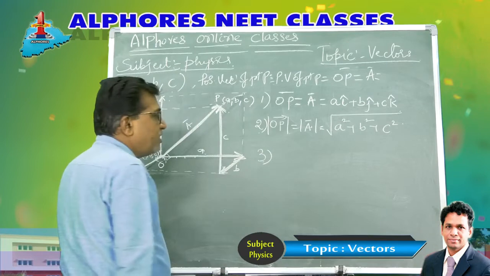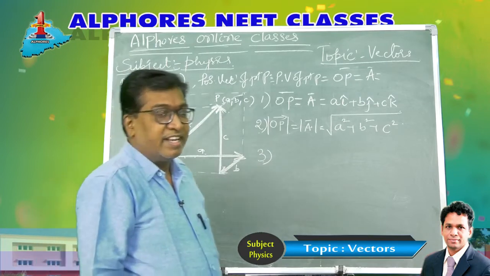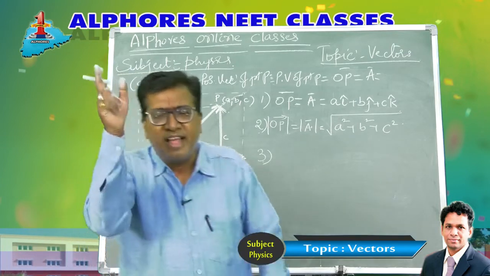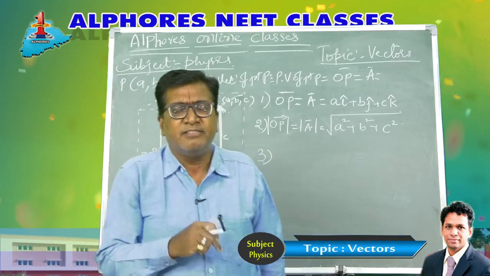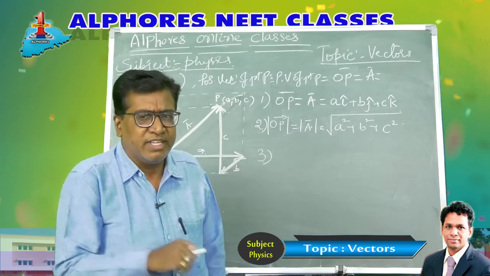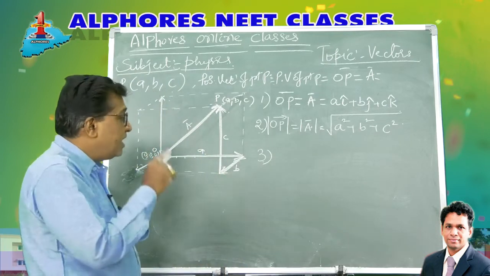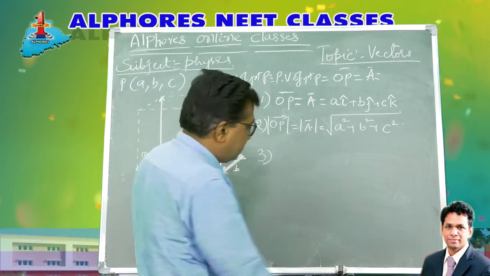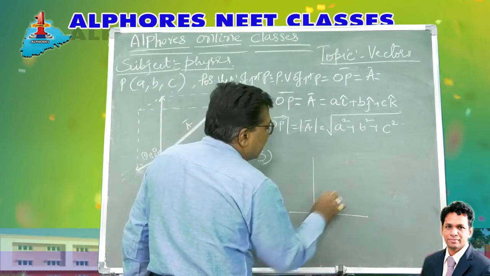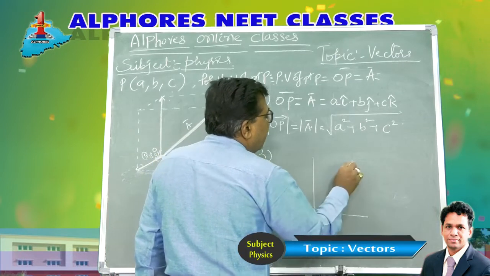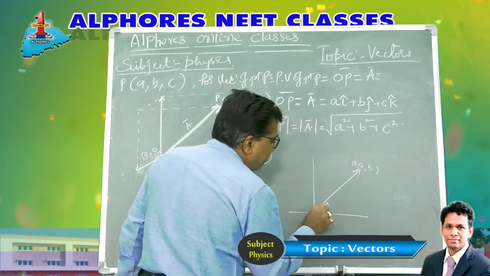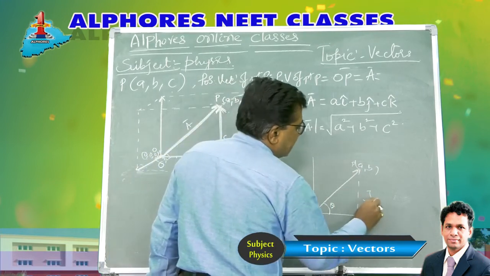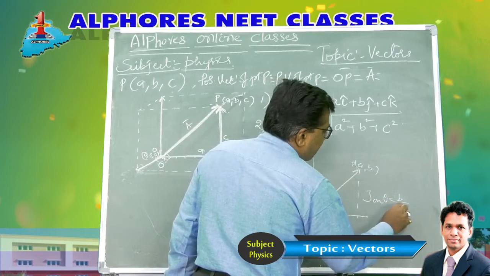Third, now you have to find the directions, right? In the earlier case, when it was a 2D plane, I took the vector, made a right angle triangle, applied tangent of the angle, and then I got the angle. In the earlier case, when I was taking a vector in the 2D plane, OP, this is A comma B, I found this angle theta only with the x-axis. Only with the x-axis. So I took tan theta equal to B by A.